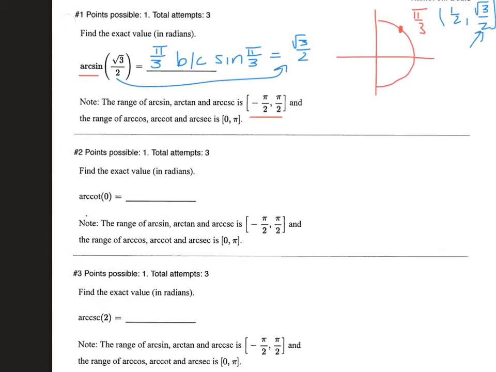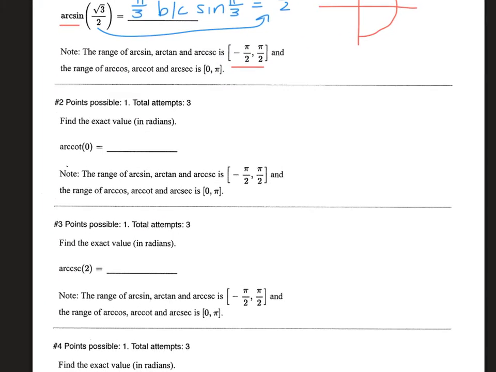Okay, let's look at number 2. We want arc cotangent of 0. Cotangent has the range of 0 to pi, so it's going to be the first and second quadrants. And we want cotangent of 0. So in terms of